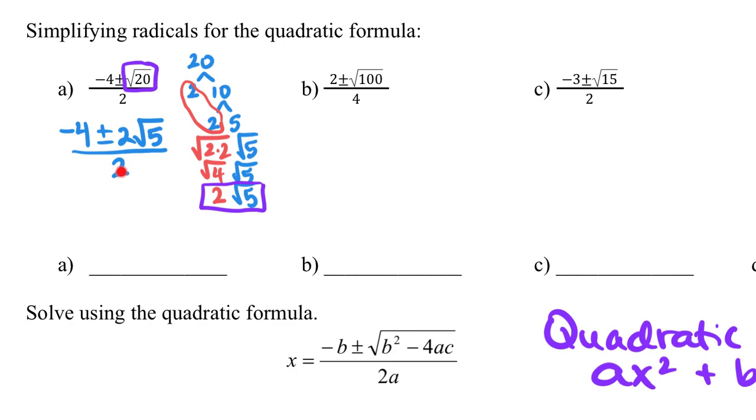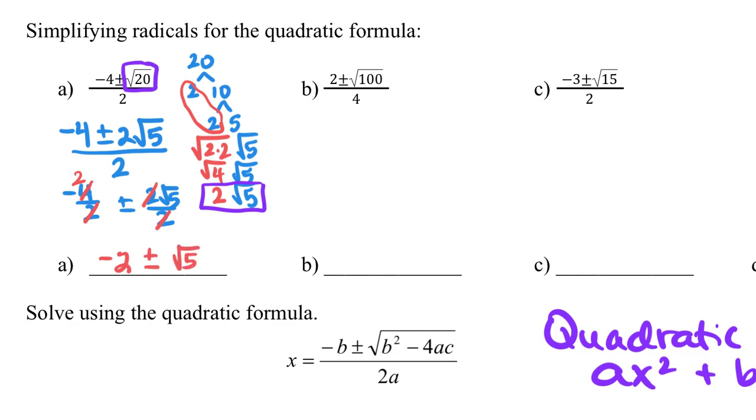And when I have a denominator here, that is the same thing as saying I have negative 4 divided by 2 and plus or minus 2 root 5 over 2. I can split my fraction into two parts and see if I can simplify each side. And so then I can think about negative 4 divided by 2 and plus or minus 2 root 5 divided by 2. And I do have a common factor that can cancel out of each of those fractions. So 2 goes into that negative 4 twice, so I would have negative 2. And 2 and 2 cancel out, so I would have just root 5, and I still have my plus or